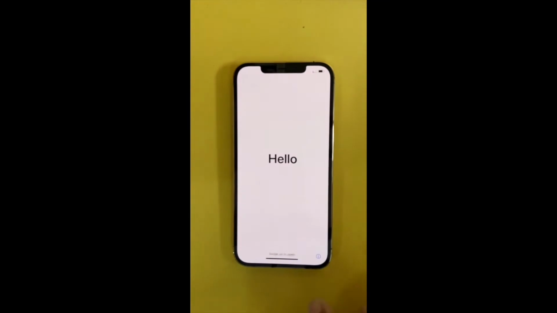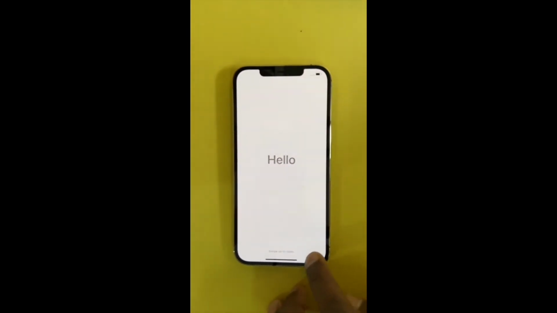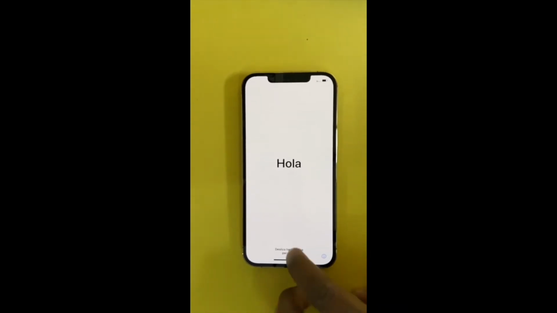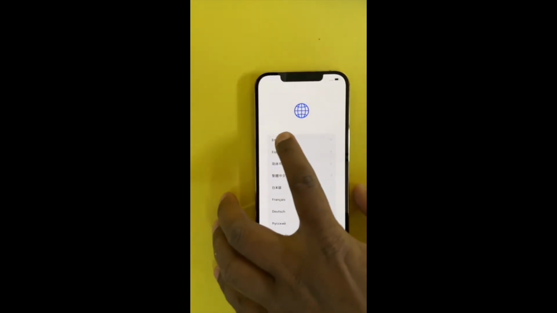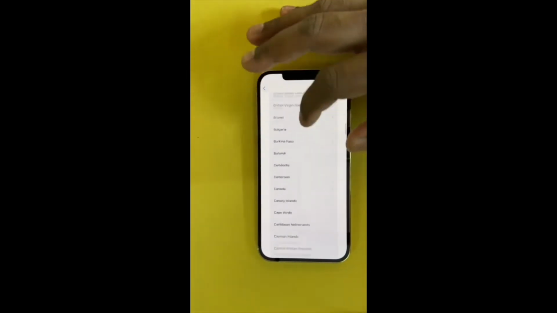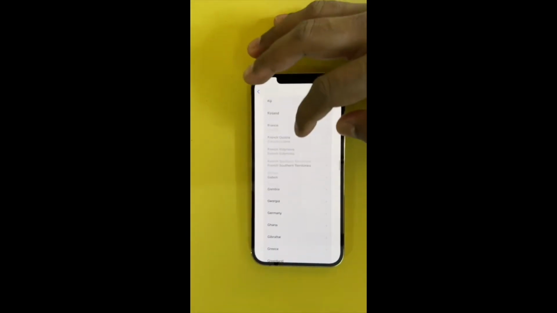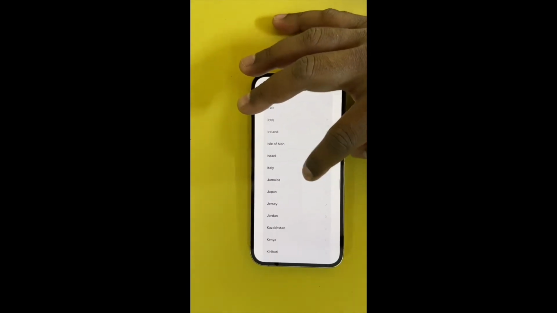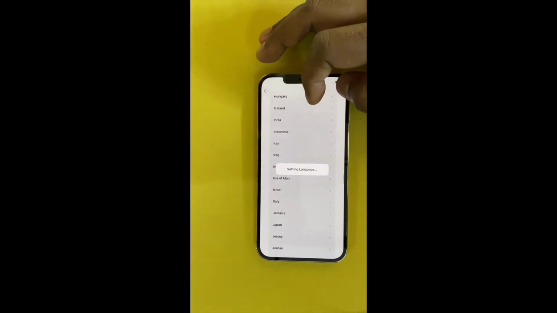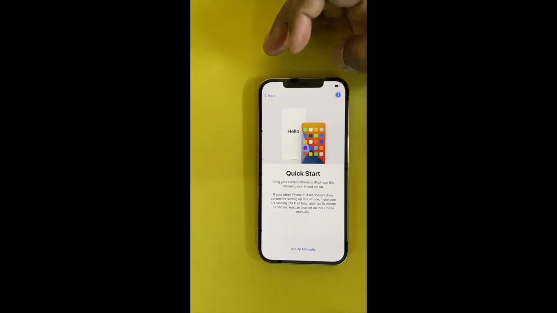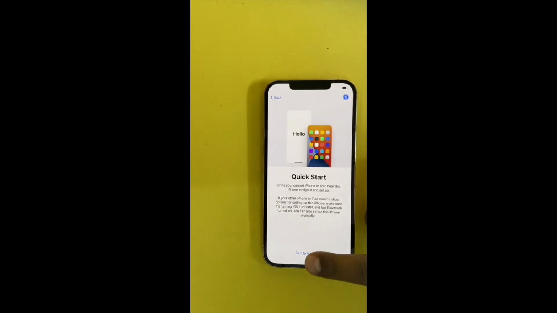Here you can see I need to do the setup for this one, so I will not explain each and everything. First you need to select the language and then your country. After that you need to choose whether you want to share data with Apple for analytics or not.